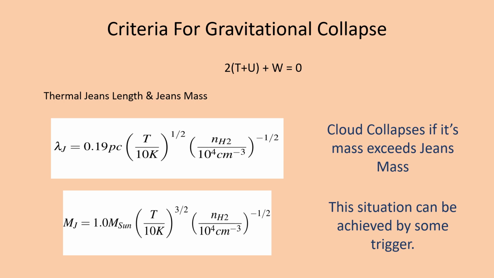further continues. And the next triggering possibility is when two galaxies collide, they produce a shock. This shock exerts radiation on matter, due to which this matter in the form of mass is consumed by the molecular cloud, and the molecular cloud mass exceeds the Jeans mass, which is calculated by the Virial equation, and it gravitationally collapses in itself, and the process of star formation continues. So these are the two situations, the supernova explosion and the colliding of galaxies, which are the triggering situations due to which the gravitational collapse of clouds occurs.